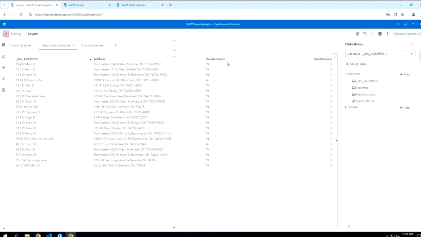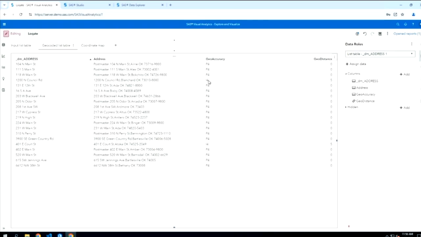Now the 2 values that let us judge how the geocoding worked are the geo accuracy and the geo distance. The geo accuracy contains a code basically indicating how well locate was able to match an input address. Most of these are P4, which is the highest level of accuracy, and it means that it found an individual matching address at the specific premise level.